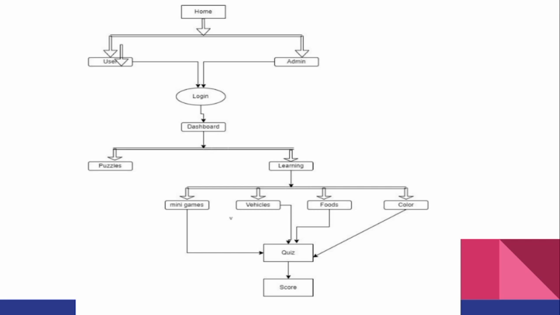There are two types of users mainly. One is registered, one is unregistered, and the other type of user, or super user, we will call admin. An unregistered user can only visit the home page, about page and contact page. If he or she wants to visit the learning page, then he or she has to sign up, and after sign in or login,